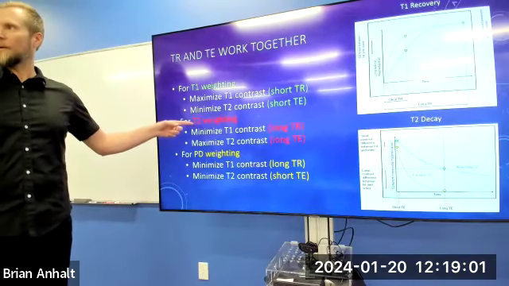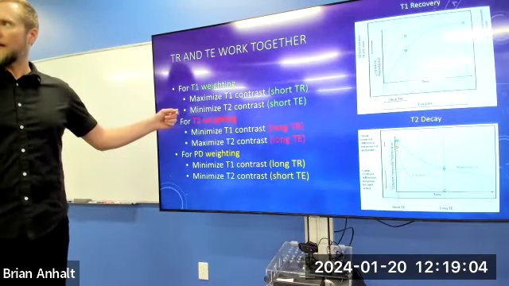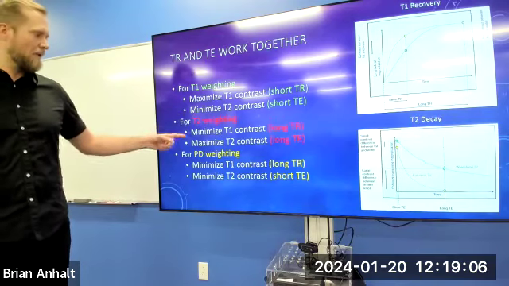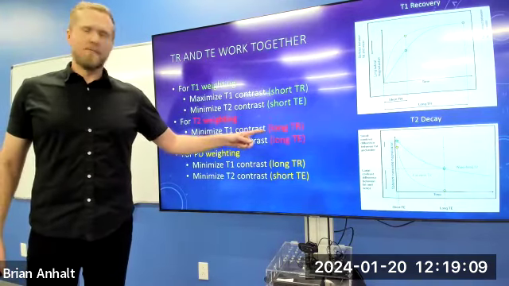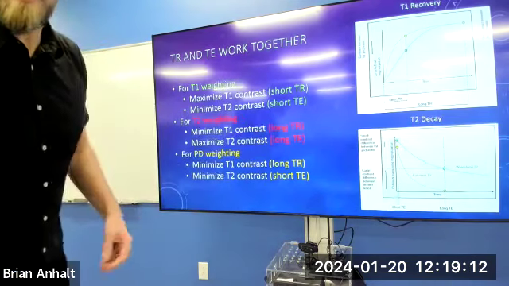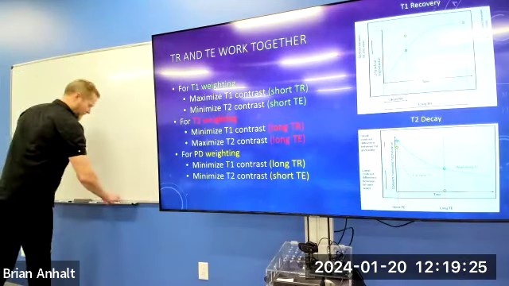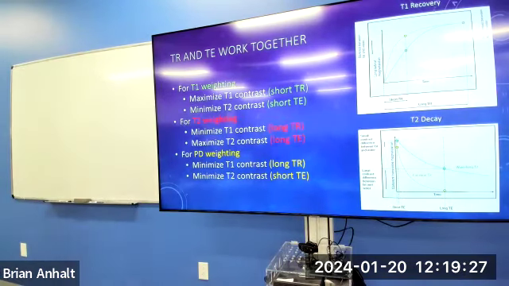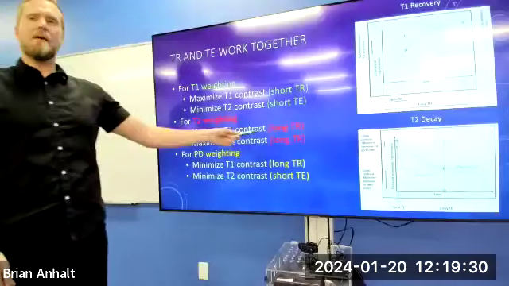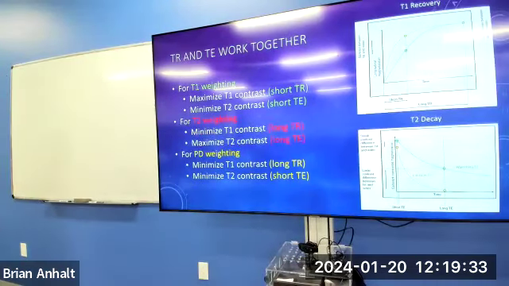T2 weighting. We want to maximize T2 information and minimize T1 information. How do we minimize T1 information? Long TR, right? We allow for what? What are we allowing for with the long TR? What kind of recovery? Right? Longitudinal recovery. We're allowing for full longitudinal recovery. What does that do? Minimizes T1 contrast. It's not there anymore. If everything fully recovers before we excite it again, there's no T1 information, no contrast based